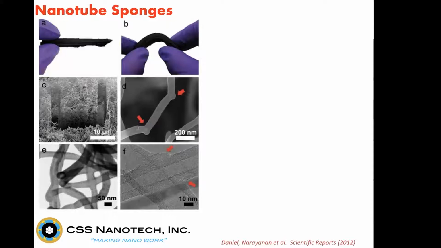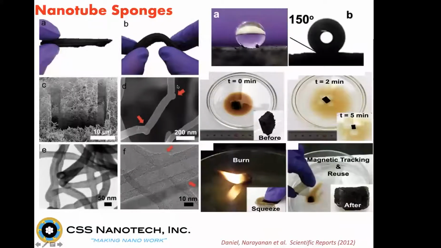But end of the day, what you get is a kind of sponge. Now, what will be the application of such a sponge? What we found is that this sponge likes oil very much. But at the same time, if I keep a water droplet on top of it, it hates water. You can see the bowl-like water droplet sitting on top of a nanotube sponge. And if I measure the angle, we call it a contact angle, it is more than 150 degrees,